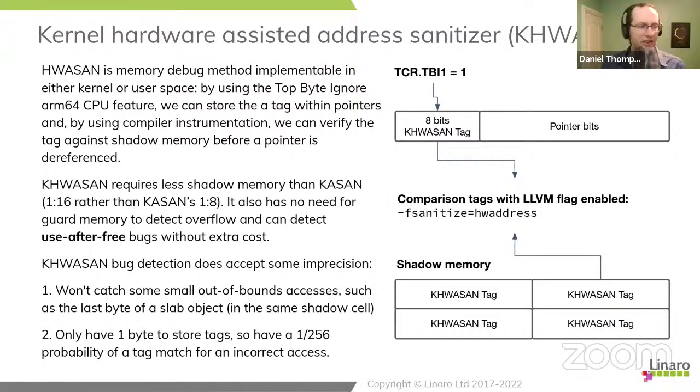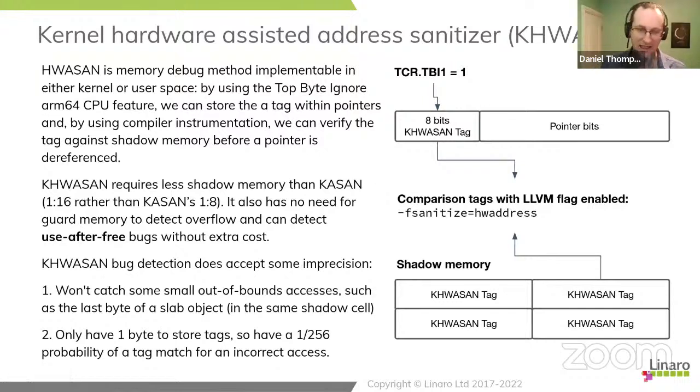It gets used for a couple of things. So Apple phones, I believe, use the tag to optimize certain types of allocation to make the heap more efficient. But in Linux, it's mostly used for debug techniques. In user space, you can use these tags to implement features. In the kernel, it's used for debugging. So in the kernel, we can turn on this feature and we get the top byte ignore.